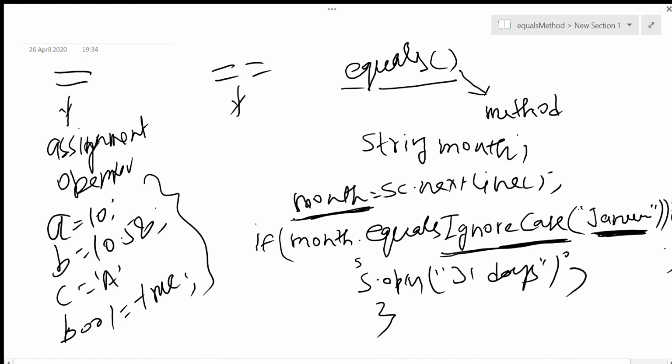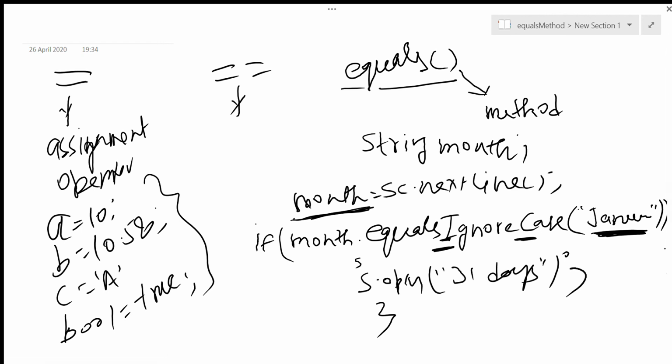Equals ignore case, right? And this is a convention I told you about. See, there are two capital letters here with ignore case, one is I, the other one is C, and this is known as camel case. What do we call it? Camel case. I told you before why I write like my class. If there is a variable my class, I normally write it my and then capital C like that. So this is camel case. This C is capital. Okay, that's how it is.